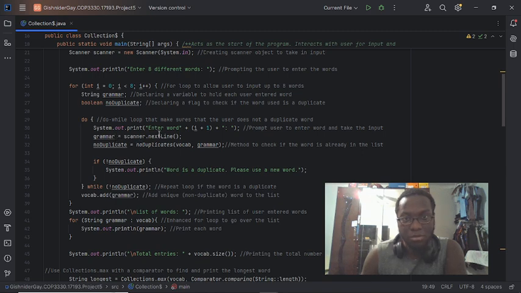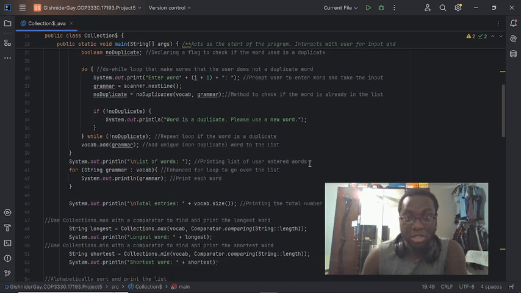For the do while loop that we use, this is what we apply to make sure there's no duplicate words. So it will print out the enter word prompt, asking the user to enter a word, and it will take the input accordingly from that. Obviously, the scanner will do its job, taking the word, checking over it, and then noDuplicate is the method that would check if the word is already in the list. So if you use the word like hope twice, even if the set of uppercase and lowercase letters used are different, if the characters and letters each are the same, then it should catch on. And it will achieve this via